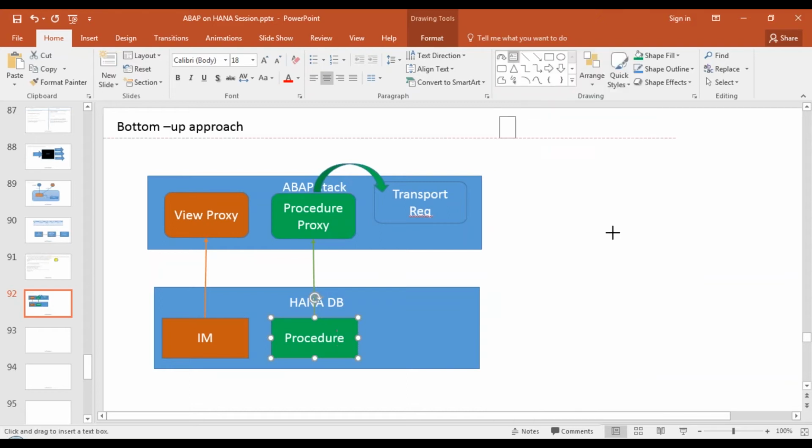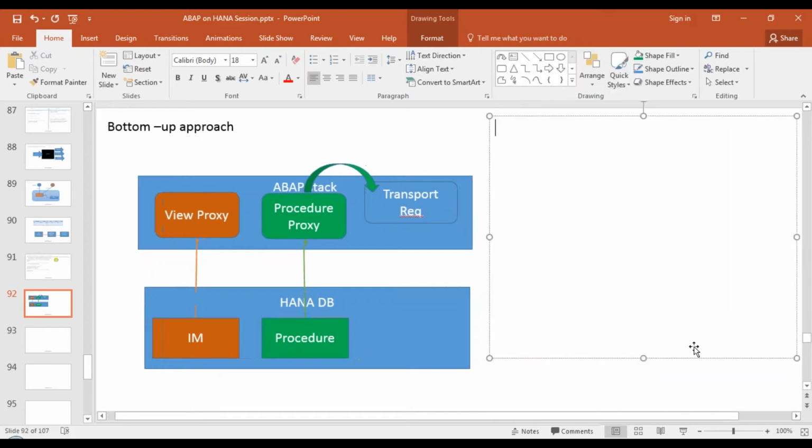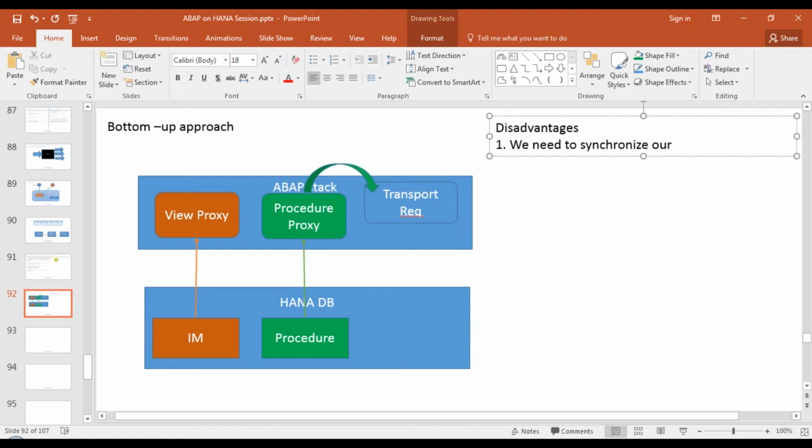100% interview question: what are all the disadvantages of using the bottom up approach? Okay, the first disadvantage is we need to synchronize our ABAP proxy objects whenever there is a change in them in the database layer.